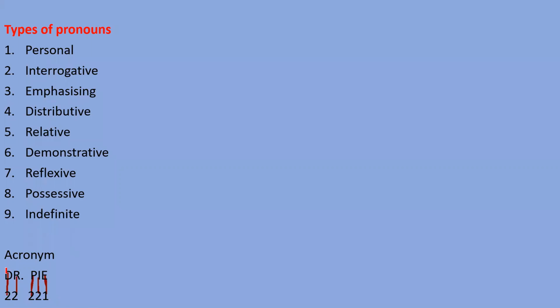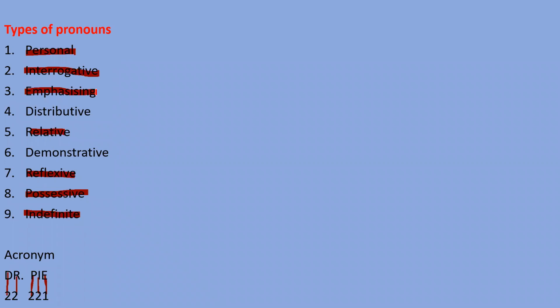See that first D, that's demonstrative. Second D, sorry, distributive. Second D, demonstrative. R, that is relative, right? And second R, that is reflexive. P, personal pronoun, and second P, possessive pronoun. Then I, that's the interrogative pronoun. Then second I, that is the indefinite pronoun, right? E, emphasizing pronoun, right? So by the help of this, we can learn the types of the pronouns,